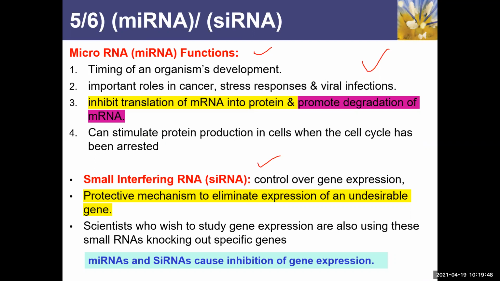This one is a little larger in size than this one. It has almost 30 bases, while this has only 20 bases. Rest, both of them are important because both of them are used in controlling gene expression. But then, if you remember, I told you that this point is kind of